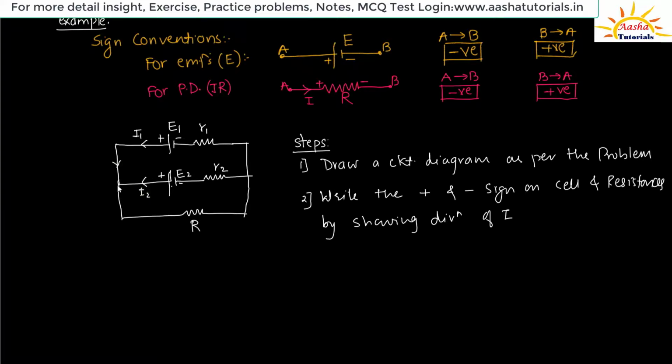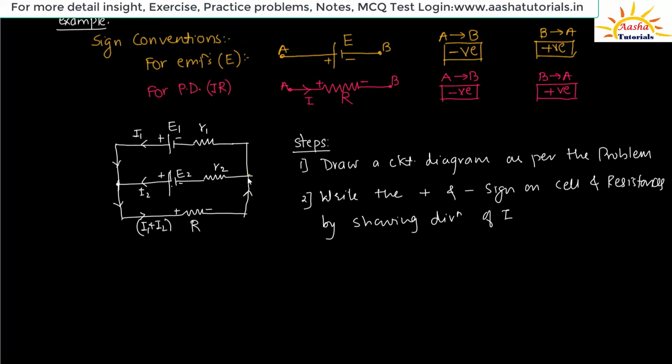Now as they come over to this junction, together they combine as per KCL, and the total current flowing through R is I1 plus I2, flowing from this end to this end. So let me write, this is plus, this is minus. As I told you, with the direction of current flow we have to put plus minus signs over the resistance, so I have done that here.